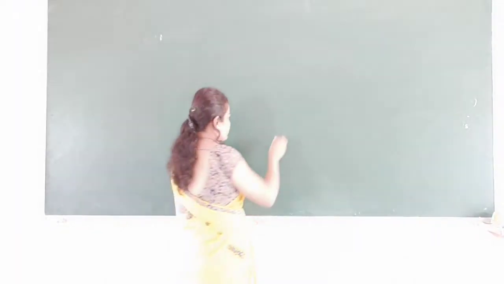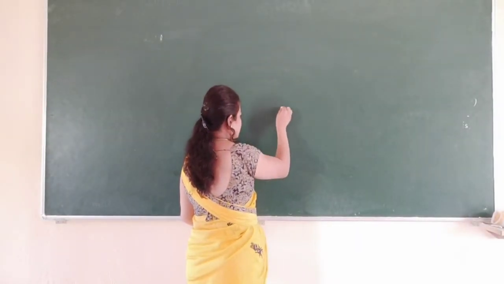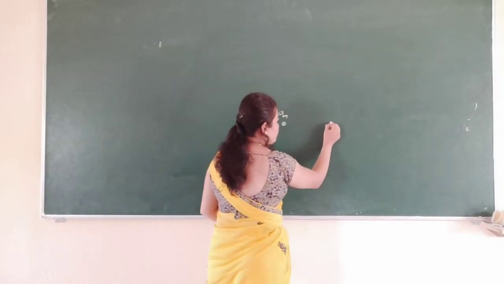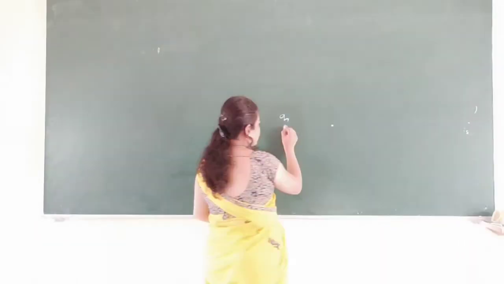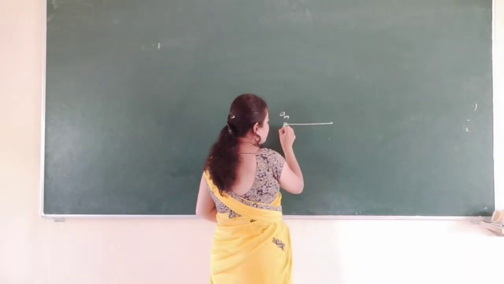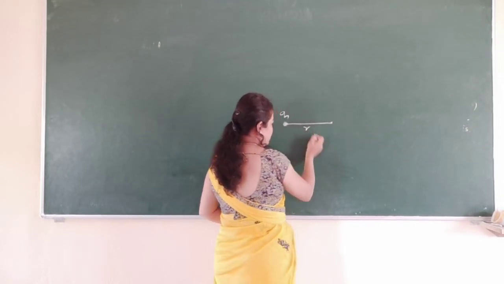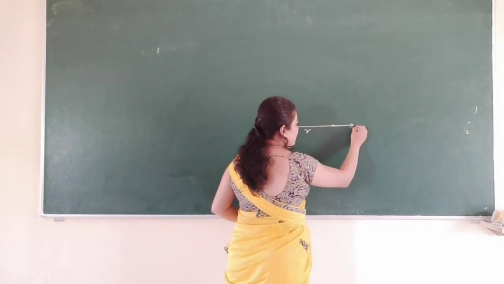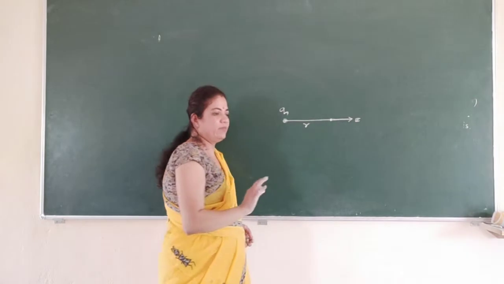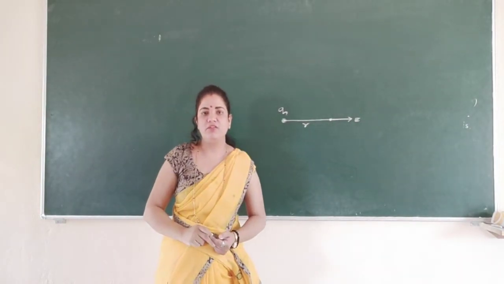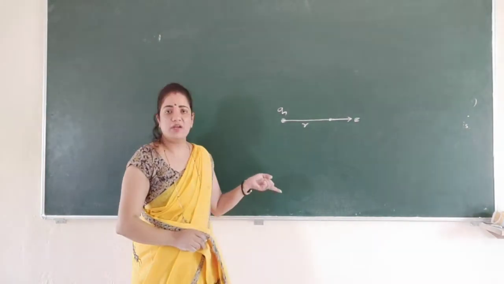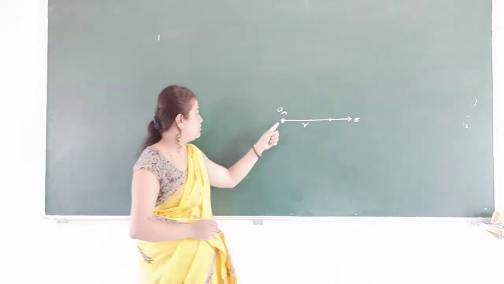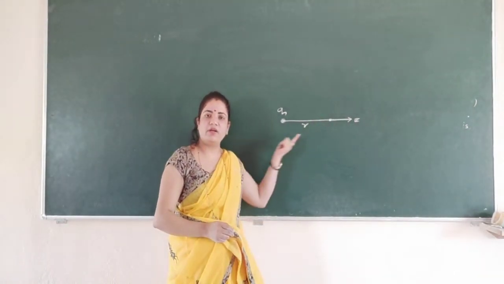Now this is the source charge Q, placed in a medium. I choose one point. The distance between this source charge and this point is R. Now the direction of the electric field is outward. This is the direction of the electric field. There is no direction for electric potential, because electric potential is a scalar quantity, whereas the electric field is a vector quantity. So we have to show the direction of the electric field. If the charge is positive, it is directed away; if the charge is negative, it is directed towards.